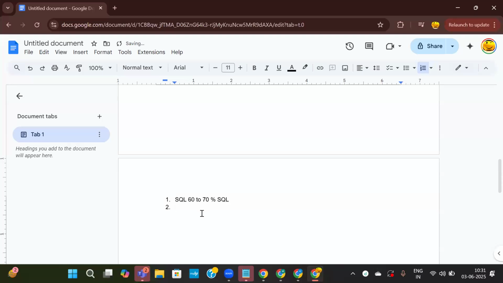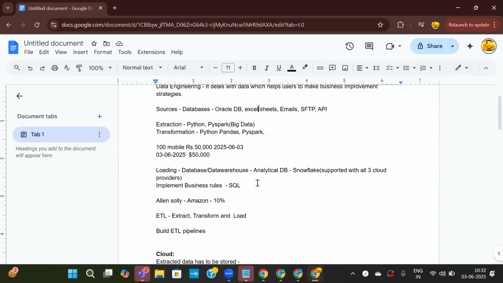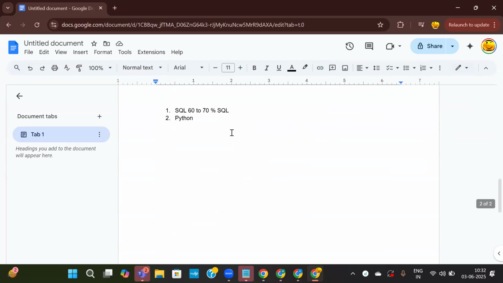Now, the second thing is Python. You don't have to be very proficient, but you have to know the basics and also be able to understand the existing code. Every time you will not be setting up the sources from scratch. The project will already be set up, but if there are any errors or issues, or any new source coming in, then you have to work with Python to set up the extraction. So the basic understanding,